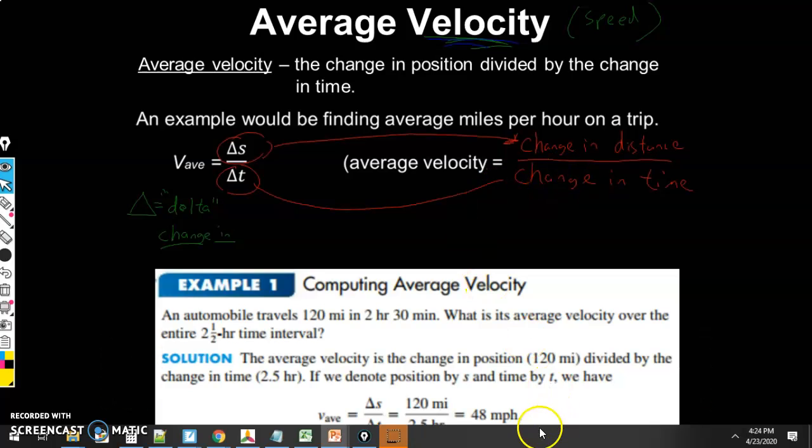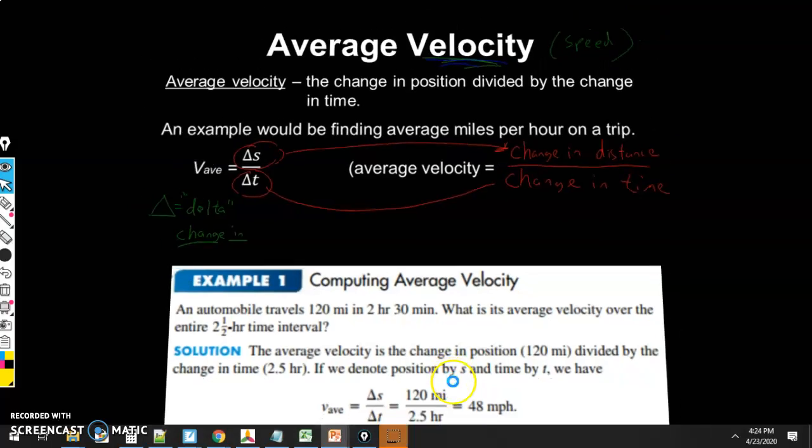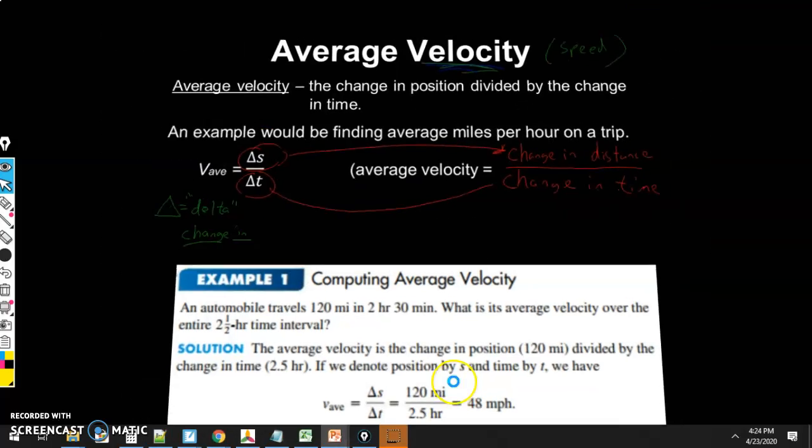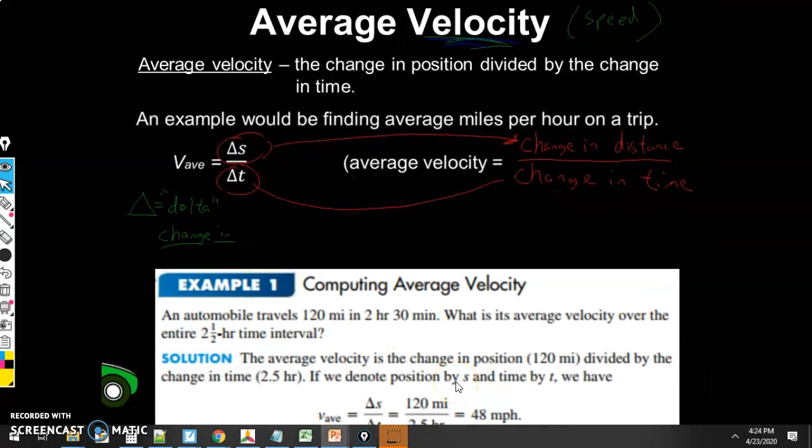Okay, so anyways, there's a problem down here. Oops, it's kind of hiding. So anyhow, let's check it out here. An automobile travels 120 miles in 2 hours and 30 minutes. What is the average velocity over the entire 2.5 hour time interval? Okay, so